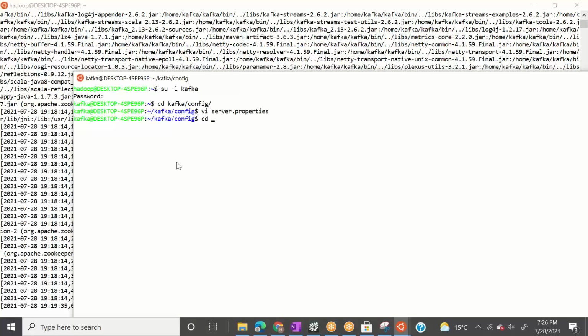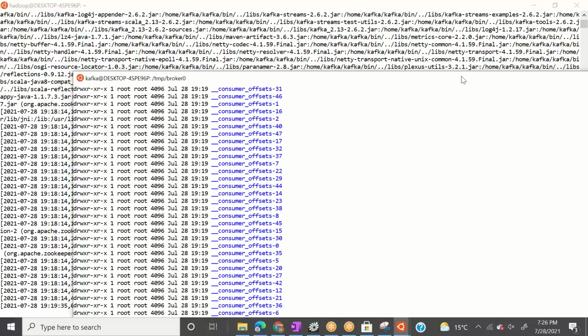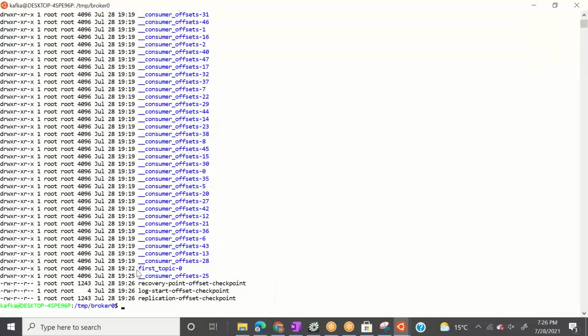I'm going to cd into this and this, and then I'm doing ls -ltr. What is my topic name? First topic. Ideally the topic should be here. Let's maximize it. Oh, this is good, my first topic is here. What is the dash 0? This is your partition number.